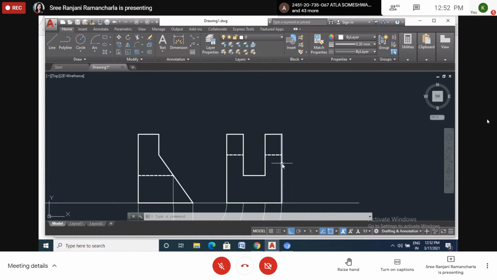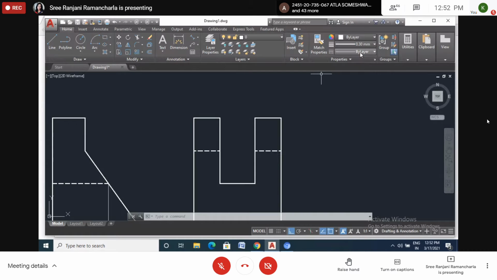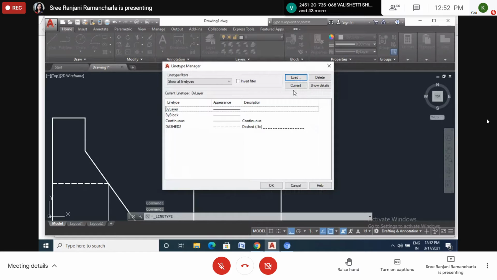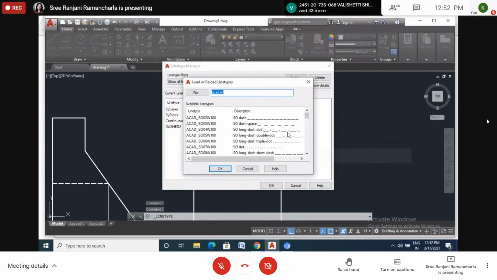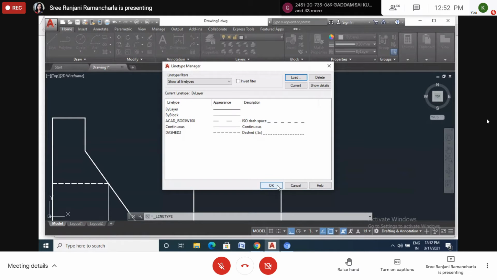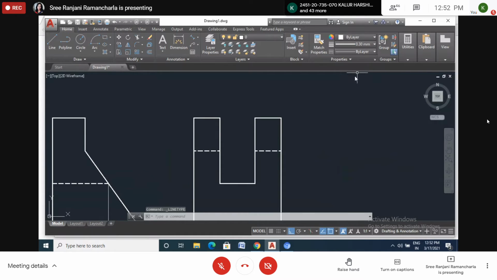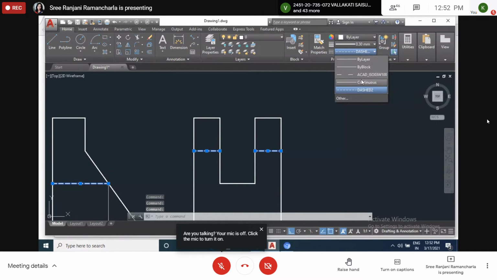Means the observer is here, and how it is looking, you have to draw this one. And here we will change. This is a dotted line, but it's not looking like a dotted line. Shall we change to another one? We'll change this one. This is good. Gap is more. Okay. So I will pick this too. Of course, this one also. And I want to change this one.